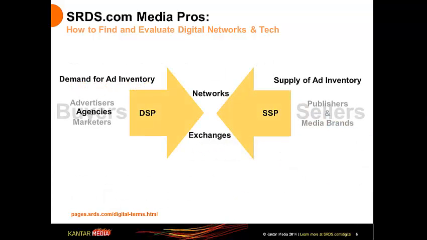Now, when we look at our most basic level, we all know that digital advertising isn't that different than traditional media. On the one side, we have advertisers who have a demand to reach the audiences that are supplied and represented by the publishers and media brands on the other side. Now, usually those advertisers are working with experts at an agency to do so. As you can see in the middle of this chart, digital has brought with it a host of other players geared at using technology to make sure that everyone involved in the transaction gets the most bang for the buck and the most efficient advertising buys.